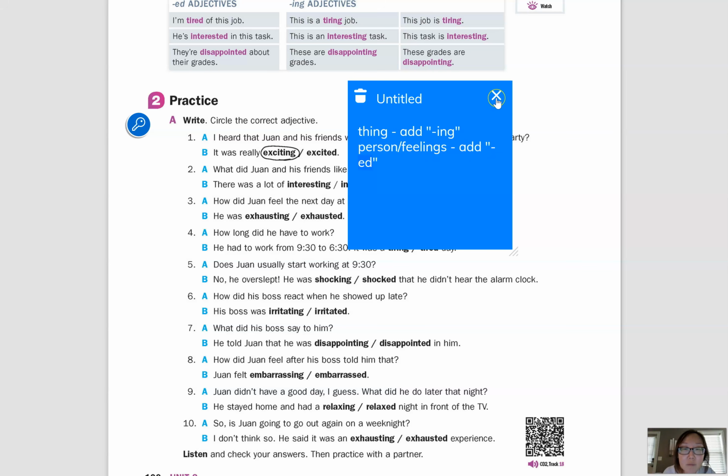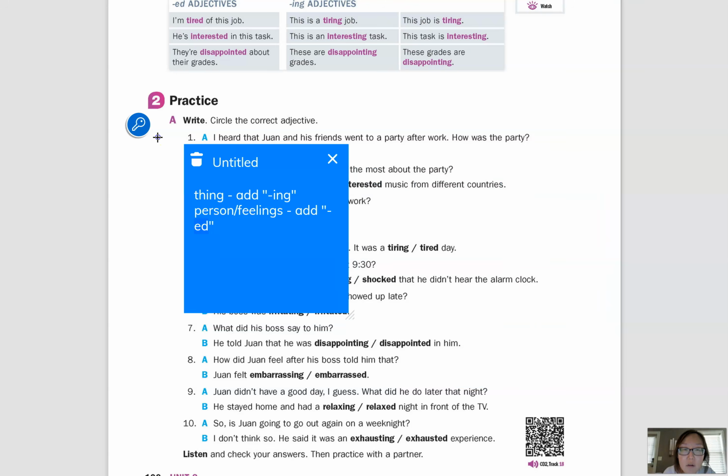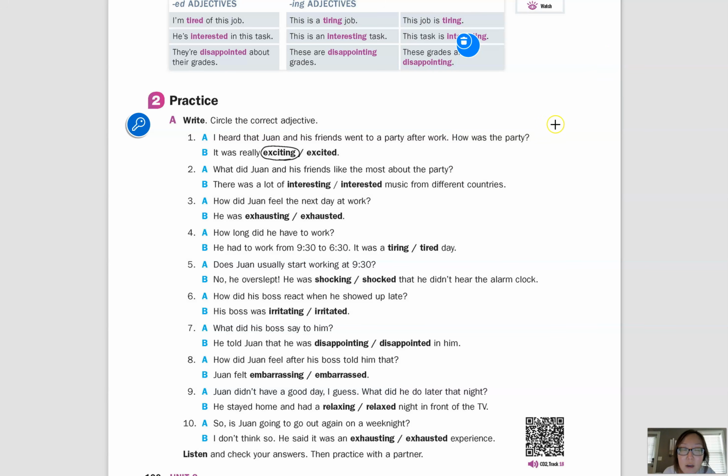Okay, so let's look at the, let me try to move this. Hold on. It's covering everything. Okay, it's okay. You get the point. So I'm just going to close this. Okay, so